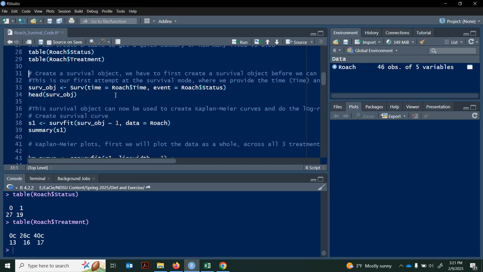Okay. First thing I need to do is create what's called a survival object. Okay. So this will be the object that we use in not only the Kaplan-Meier, but also the log rank test. Okay, so I'm going to call it surv_object because it's just a survival object, assigned to Surv is the function. Okay, open parentheses time equals, again, Roach is a data set, $ sign tells it what variable to look at, and then we actually have a variable called Time. So we're going to use Time with a capital T, comma, event,